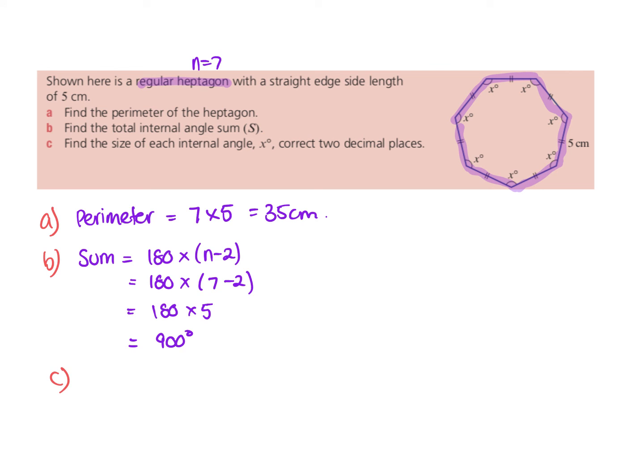Yep. And then the last one, it says find the size of the internal angles. So there they are. There'll be 7 of them. So if I take the 900 and divide by 7, we will get how much each angle is equal to. Okay, 128.57 degrees. Is that what you're saying? Okay. All right. And we can do that because they said it was regular, so they're all exactly the same. And that's all we need to